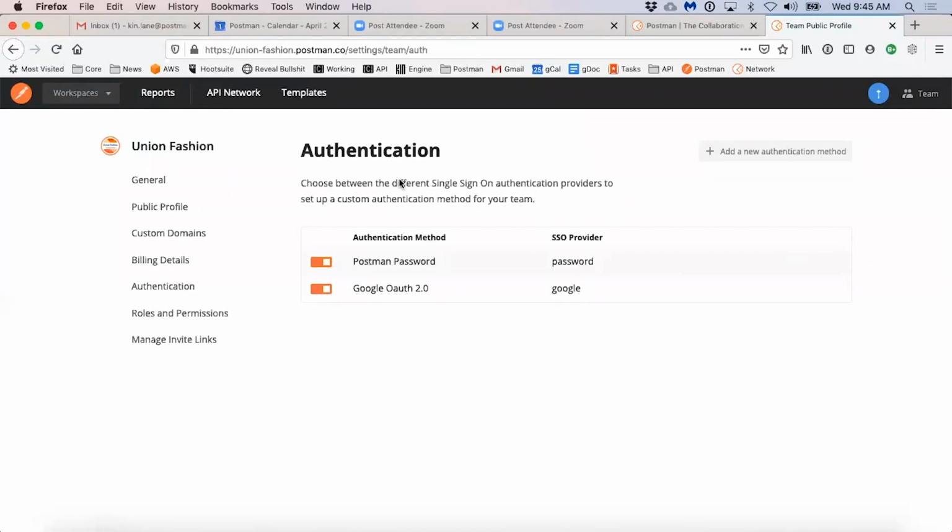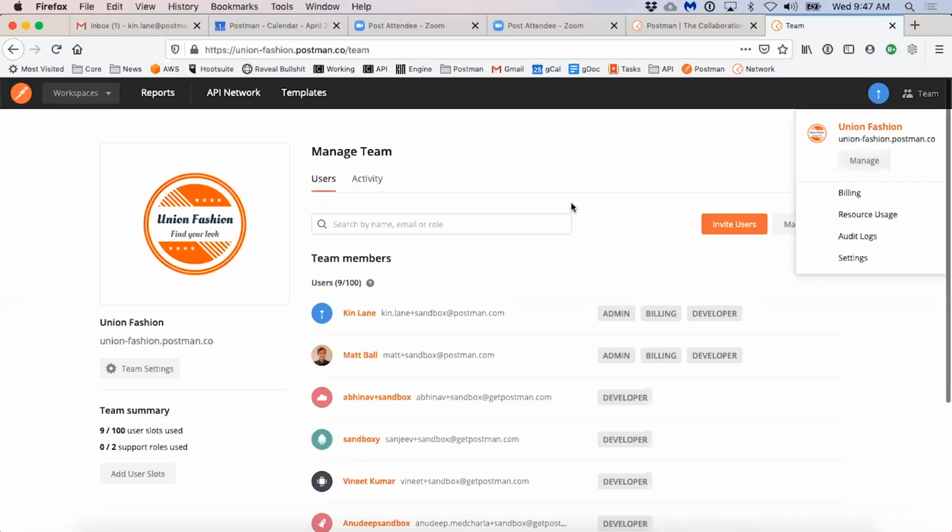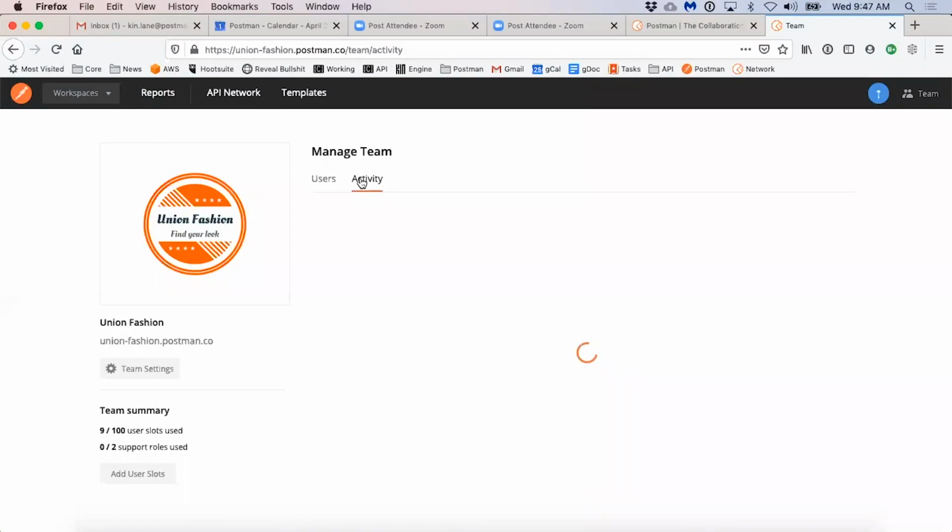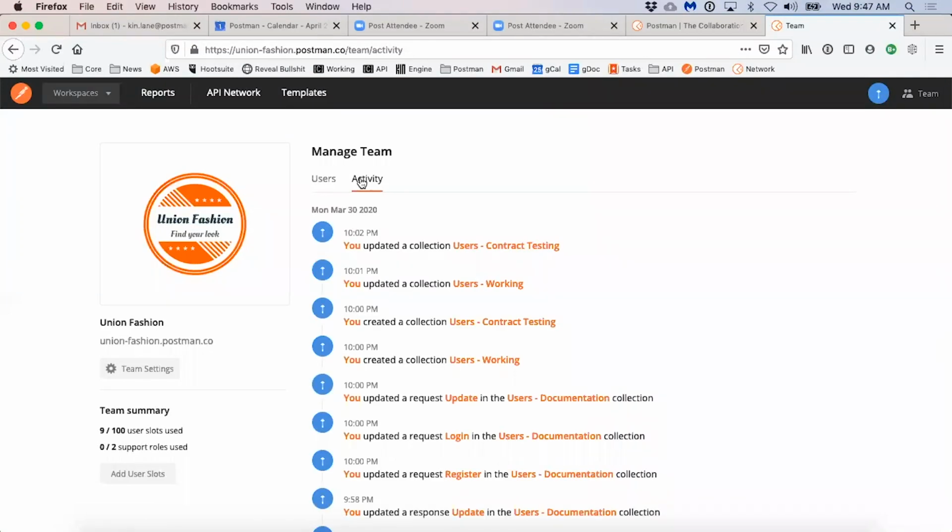But more importantly, Jeff's really interested in plugging in SSO and making this a seamless integration with the single sign-on that already exists within the organization, making it so that the teams don't have to sign up for yet another account to participate in what's going on. So Jeff's using Google Auth as part of their SSO for their team, and then using the team page to manage all of those team members. As that team grows, Jeff's able to search for users and view their activity and see who's doing what and what projects they're working on through the team activity management.